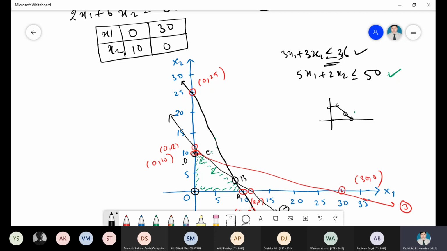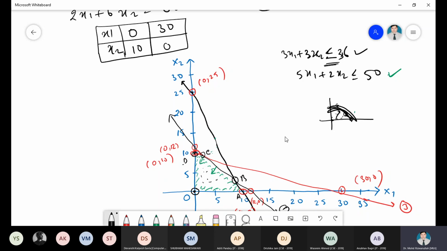So we have only these 5 points that can give a feasible optimal solution. Inside there are an infinite number of feasible solutions, but the objective is the maximization case. So this corner point will give you the maximization of the objective function, because the maximum point lies on this corner point. So at this point it will lie.